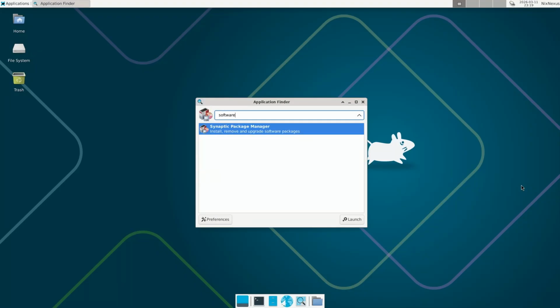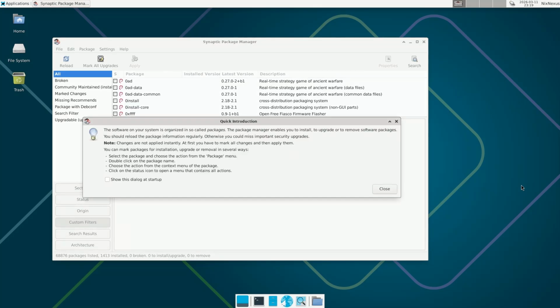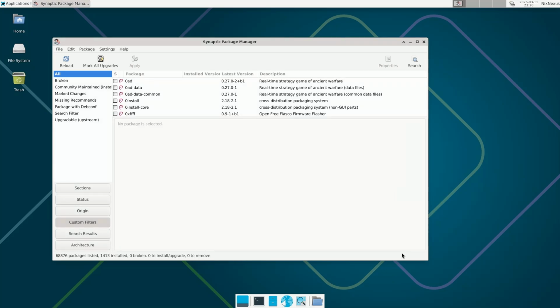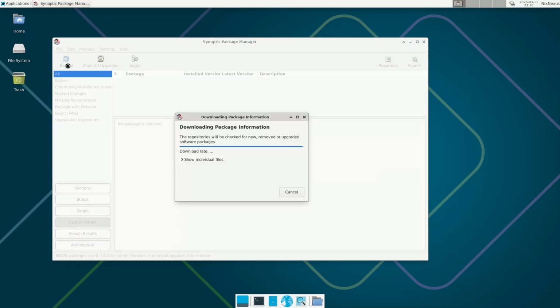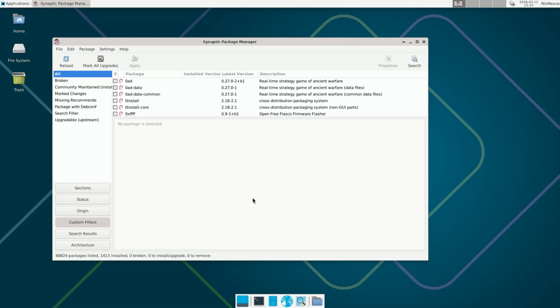When you open Synaptic, it will first ask you to enter your password. Once you do that, an info page will appear on screen, which will give you all the basic information about what the Synaptic Package Manager is and how to use it properly. Next, when using Synaptic, the first thing you must always do is hit the reload button. Doing this will make sure that you always get only the updated software and packages.